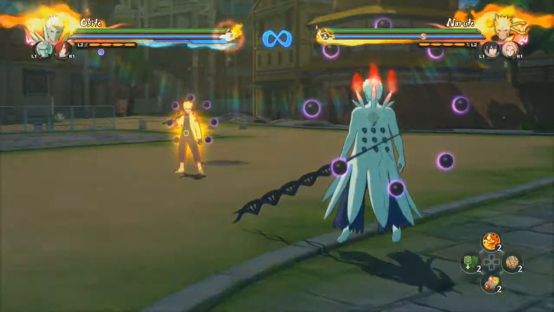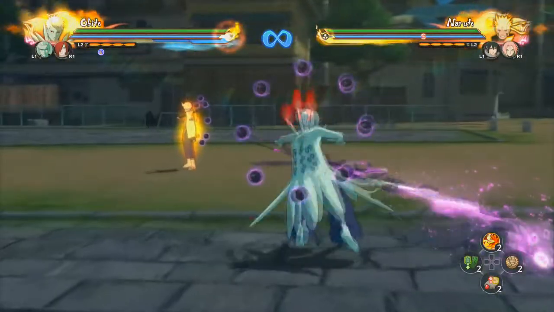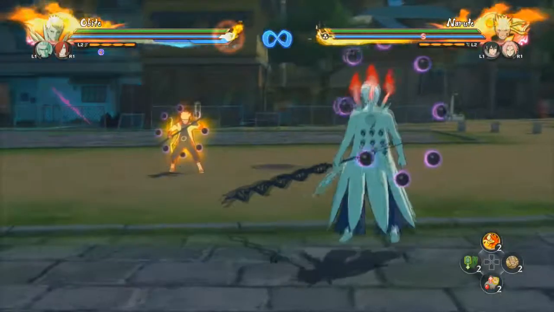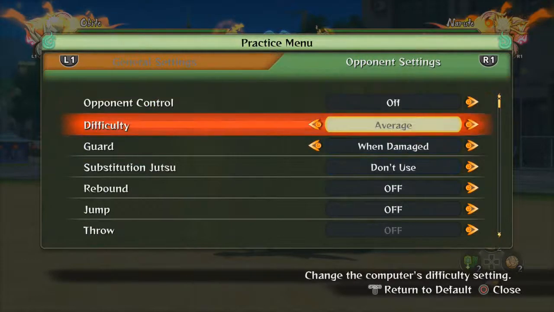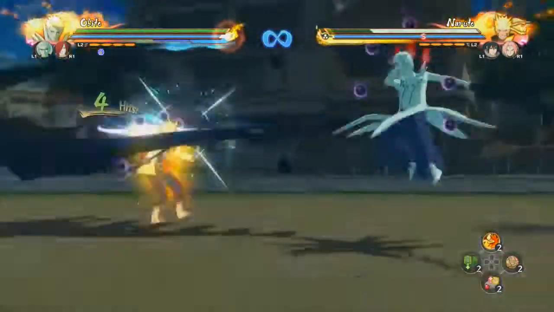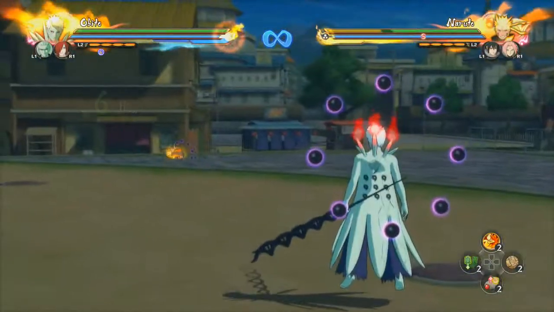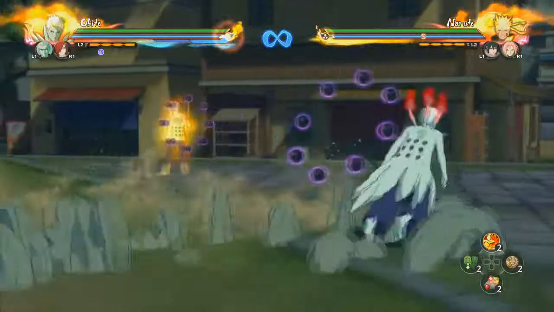So in his awakening, this is one of the most bizarre awakenings I've ever seen because he gets this sword. He goes crazy. So let's go through his stuff. Let's turn the guard off. Alright, so his first combo is his one combo. You just pull out these hands and just go crazy. His tilt summons trees,